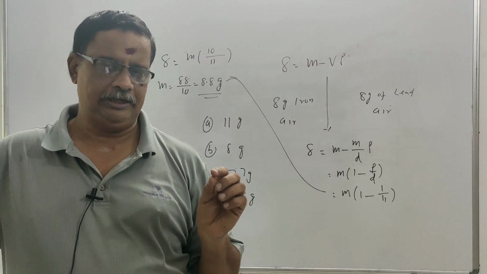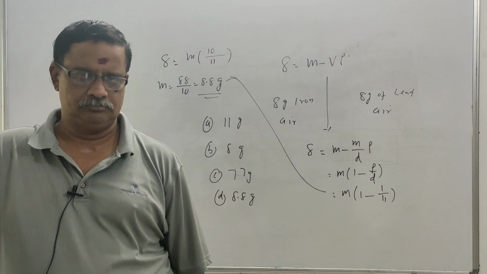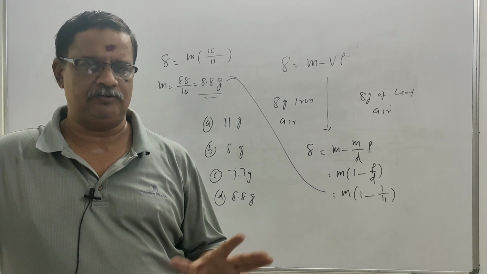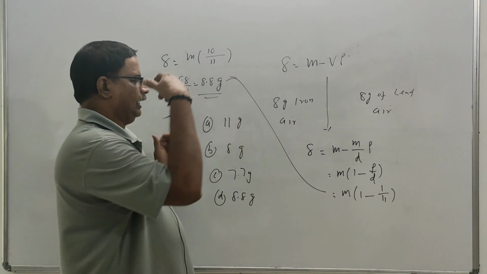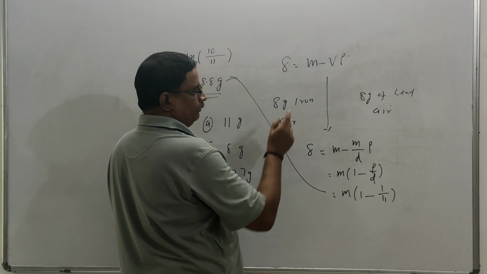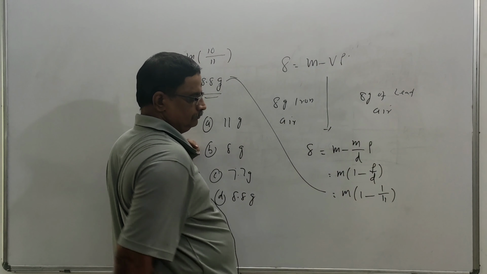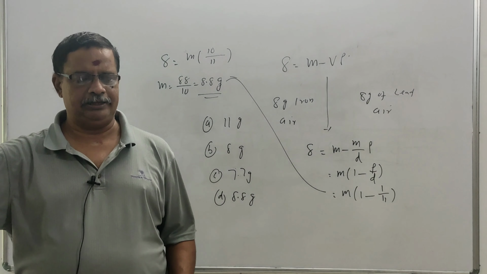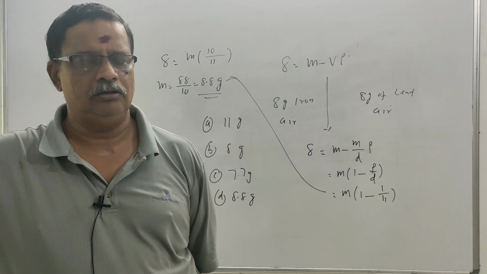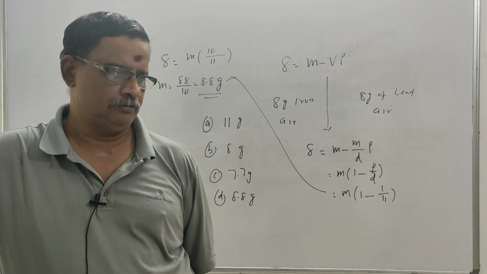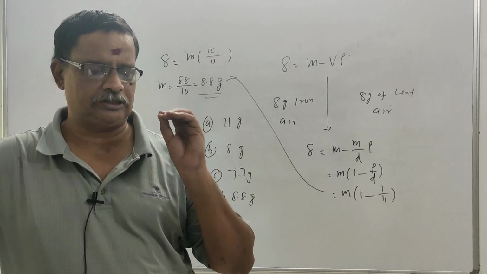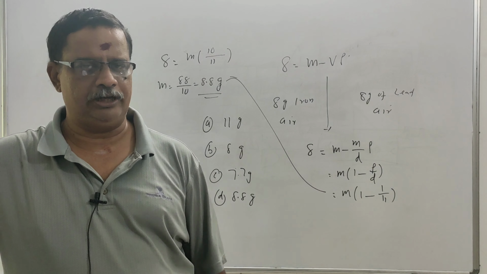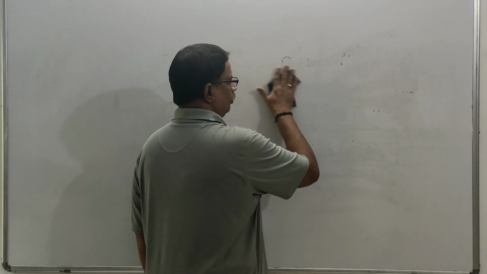If you get an answer less than 8, be sure that it is wrong. Immediately you realize that whatever you got is 100% wrong, because after subtracting the upthrust you must get 8. So this should be more than 8. So simple logic. So anything below 8 should be immediately removed from your consideration. Don't pay any attention to such options. And fortunately for you, if there is only one answer greater than 8, you can immediately mark it as the correct answer.